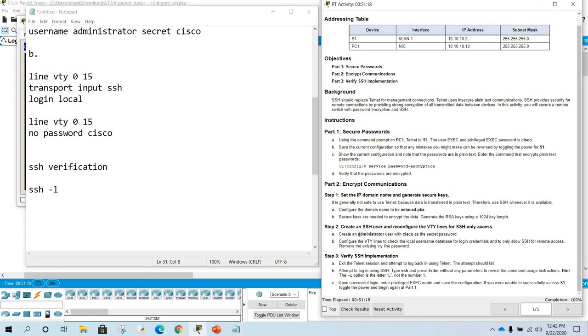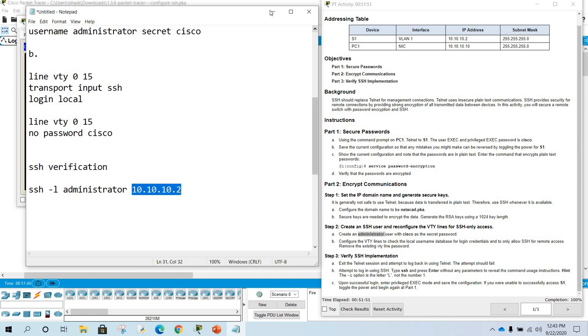What is the username we gave? It is administrator, followed by the IP address of the switch, 10.10.10.2. So this is how you can verify: ssh space minus l, the username of the local database user we created, administrator, and the IP address of the switch is 10.10.10.2.